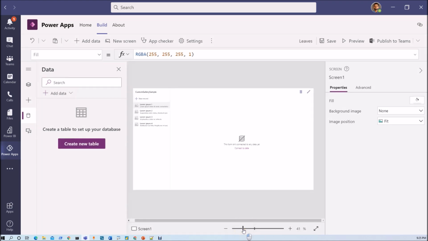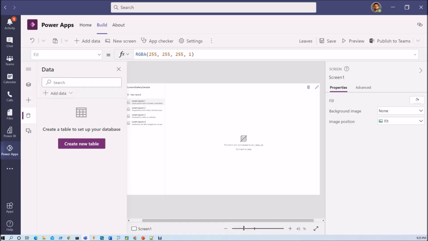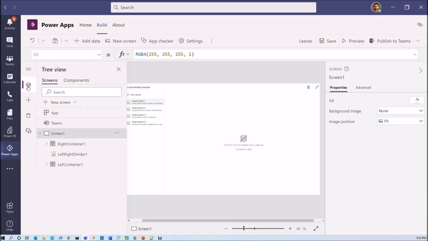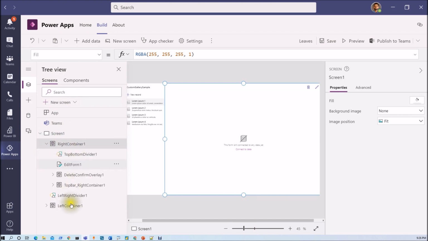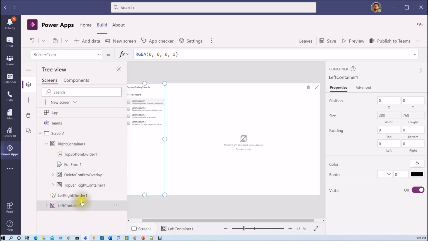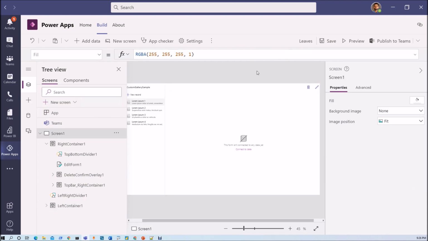So this has created this out of the box Power Apps with a single page over here. If we go to the review, you can see that the screen one has already been created. We have right container and form section available here. Everything has been created in an out of the box manner automatically. Now let me come to the original point, which is Microsoft Dataverse for Teams environment.